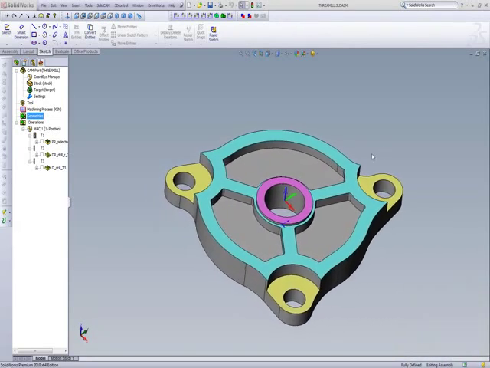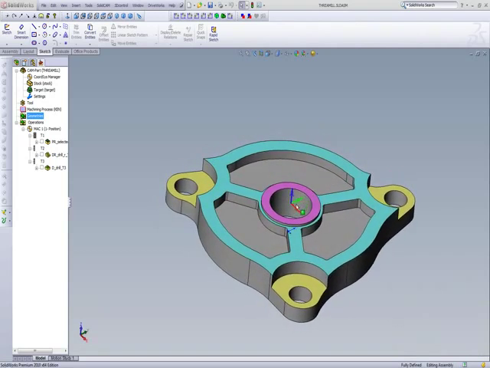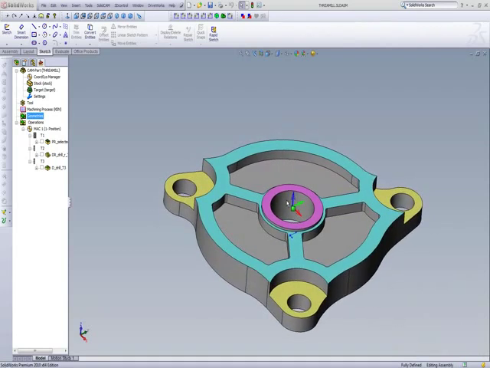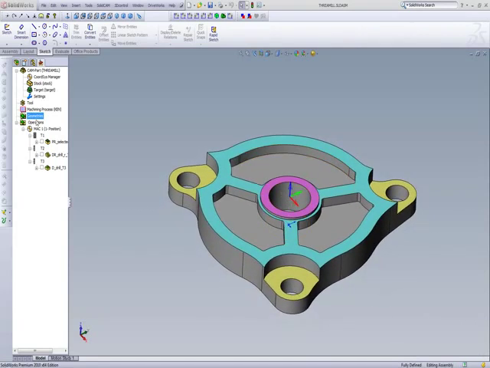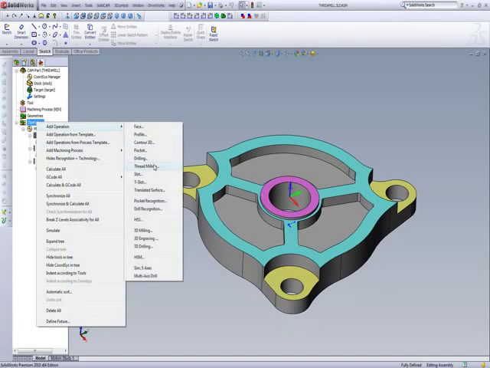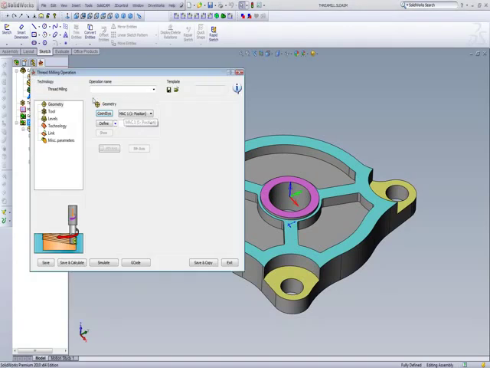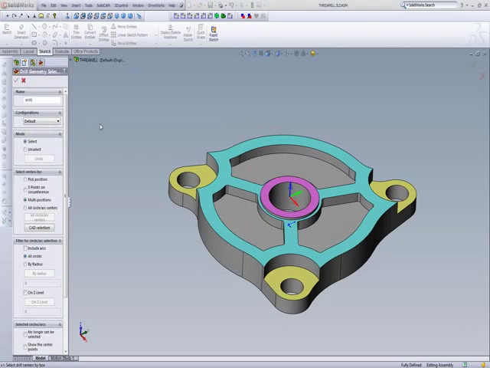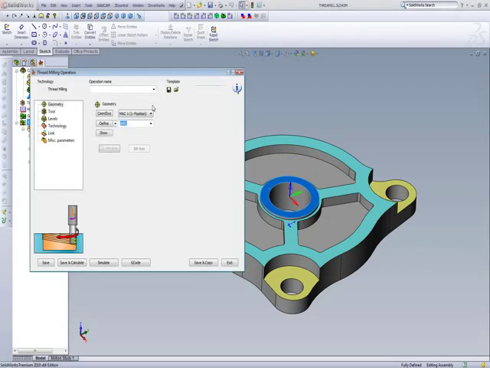In this part that we have on the screen, I'd like to add a thread to this hole over here, and I'll do this by using the option of Threadmill. We'll start by going into our operations and adding an operation called thread milling. We'll choose our geometry, and choosing our geometry is exactly like the way we choose a geometry in any drill operation. I'll simply click on this surface here to pick up the center of that hole,